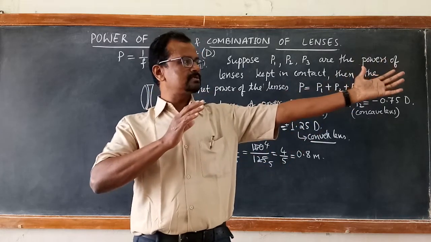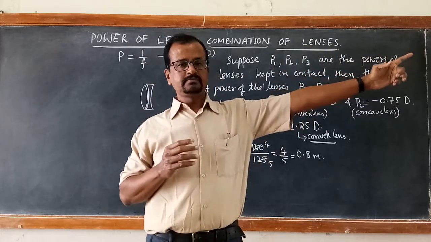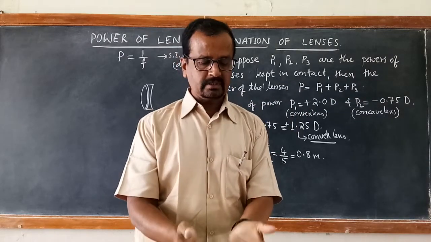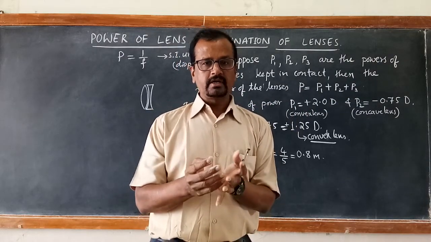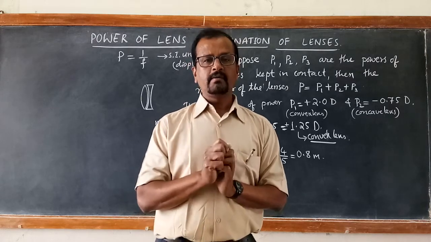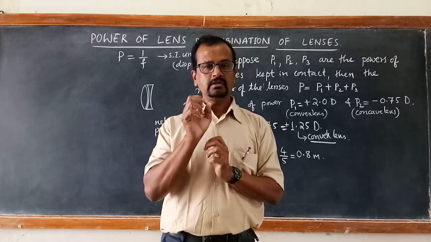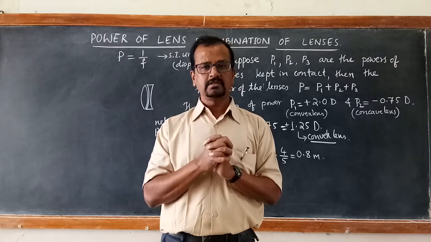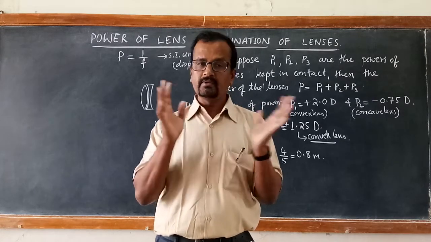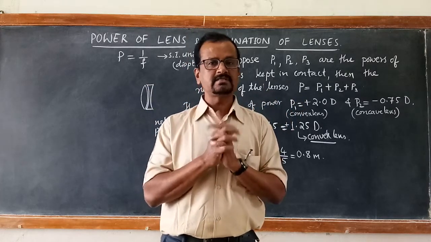For far away distance, focal length can be adjusted to have a long focal length, so that power will be reduced. For obtaining a picture which is very close, the focal length will be adjusted such that it should be able to focus on the matter which is very close. Then focal length should be reduced. So these are all zoom in, zoom out options. With the help of zoom in and zoom out, we will be able to vary the focal lengths and we will be able to vary the powers. So there is a combination of lenses in the cameras.